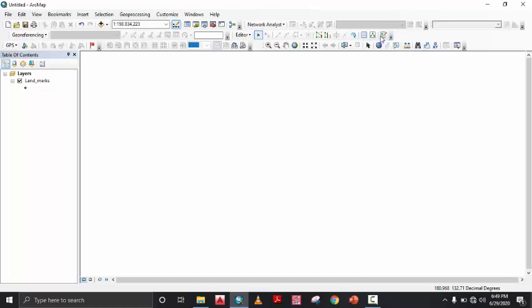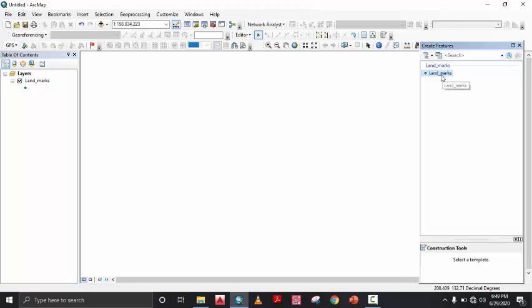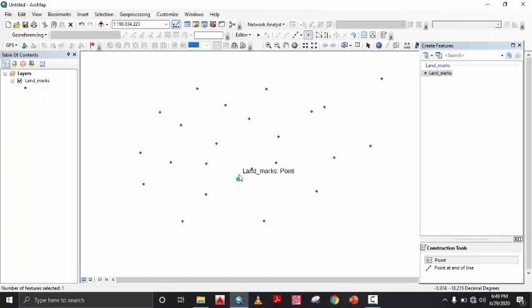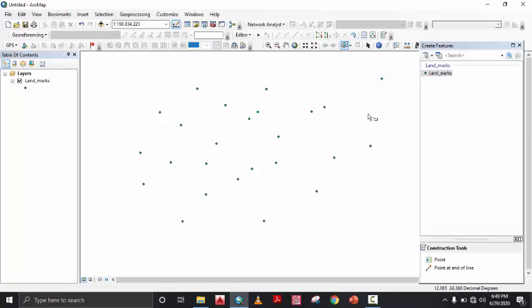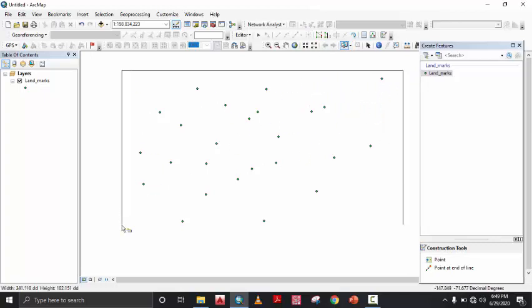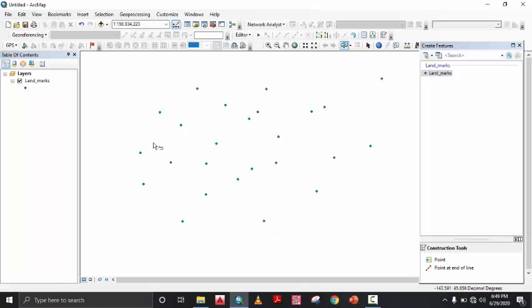So just click on that create feature, and you can see that just by clicking on that one, I can mark different points. So suppose I am going to mark multiple points. I am marking different points. So there are many points I have marked there. So now I want to consider this as a select feature. I will just mark there and select there. So unselect all. Then I can select all these by doing this, but I don't want to select them. Now I want to change the icon, or you can say the symbol, of these landmarks.